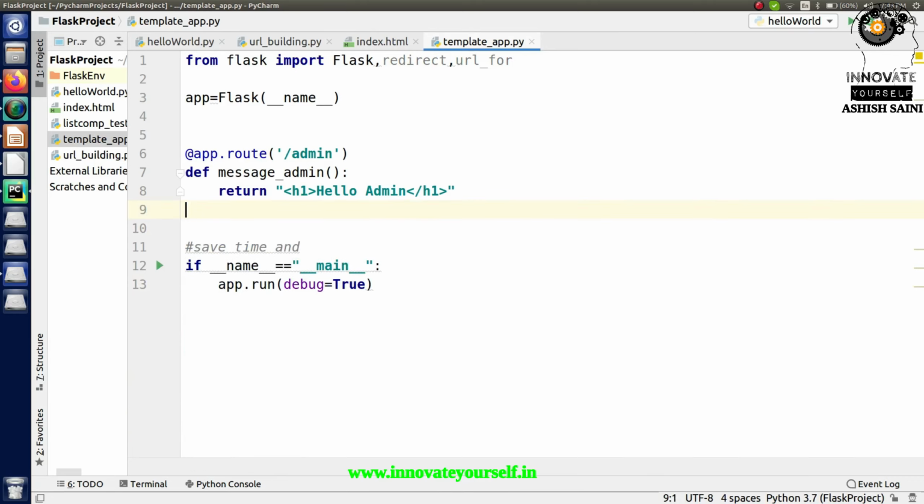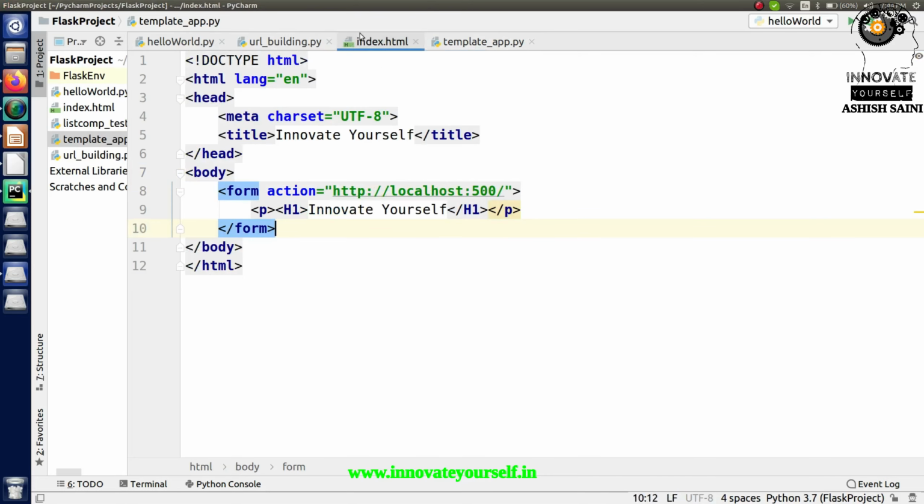So I have removed this completely, right? So now what I want to do is give it some name, let's say home. Let's consider that this is a home page for me, and in this home page I want to call this. So let's change this name as well, home underscore page, right? So this is what I'm doing, and in here instead of passing this value I have to call this HTML5 page which I have created, right?